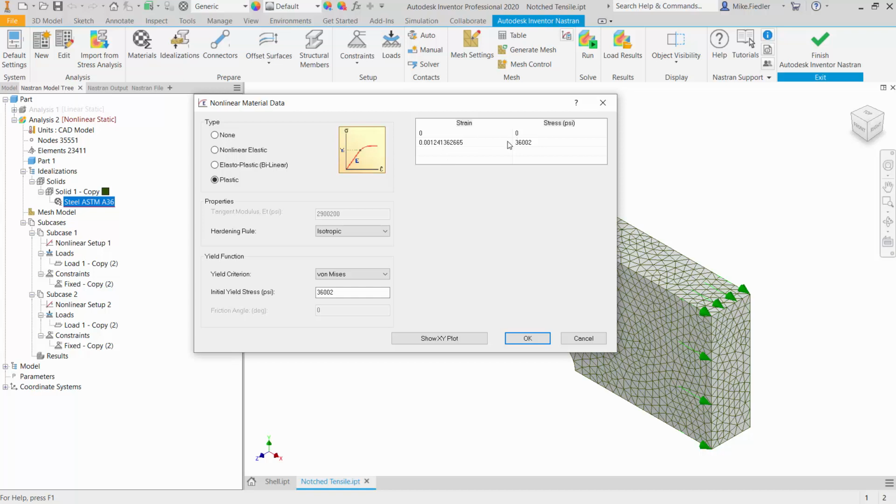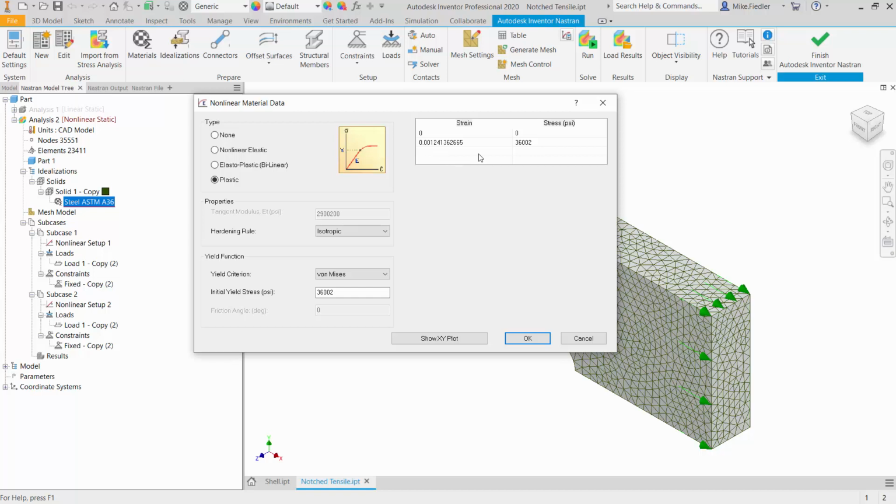You're not going to want to modify those first two rows. Those correspond to the slope up to the yield stress. And then beyond that, since it now knows what the yield stress is, you can start to define stress and strain values that define what this curve is past the yield of the material. So that's what this particular type allows you to do. You can define with as many fine points as you would like to define here, within reason, what that looks